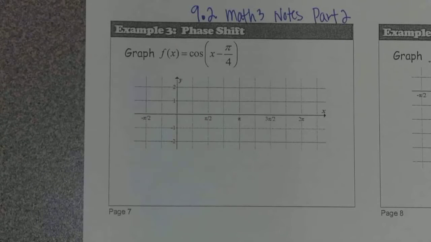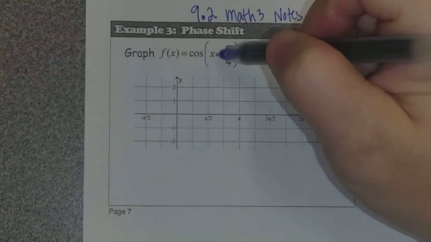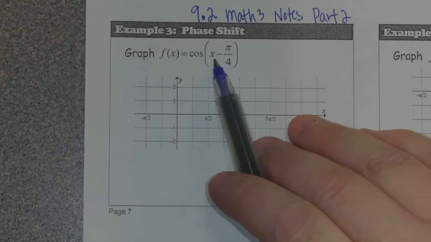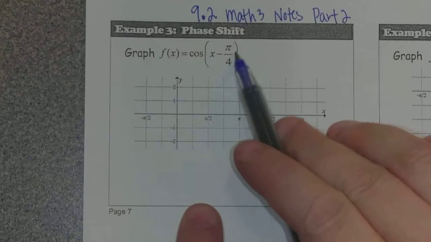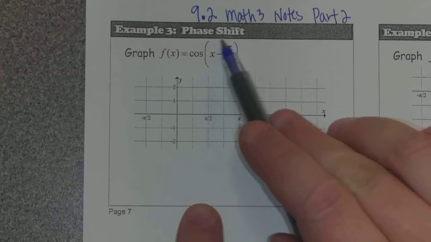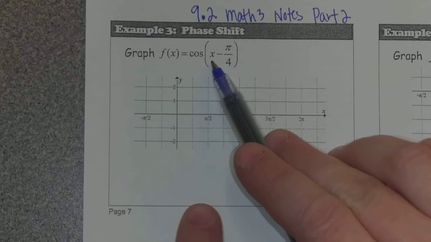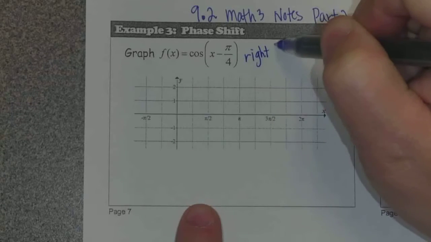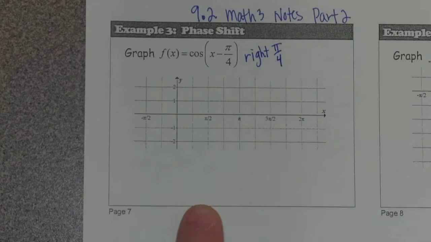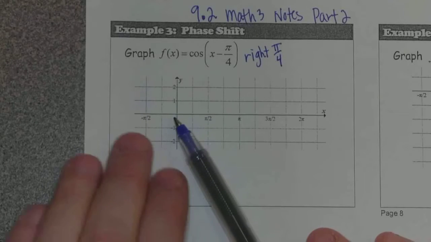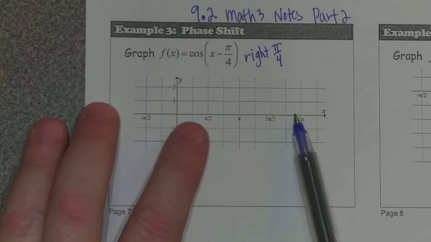Left. Yeah, is it left or right? Right, yeah. Because on the x-axis, anytime you have a plus or minus attached to the x, you're moving along the x-axis. But we're looking for the number that x would be. So the number that x would be to make this 0 inside here would be positive pi fourth. So this would be moving in the positive direction pi fourth, which would be right pi fourth. So you know that you're just phase shifting this, you're picking it up and you're moving it pi fourth to